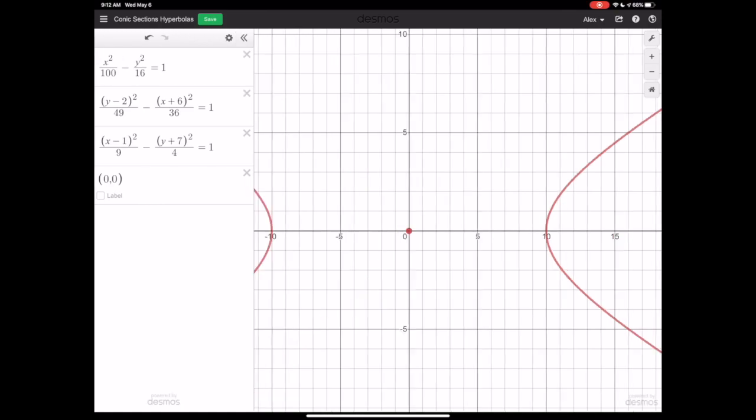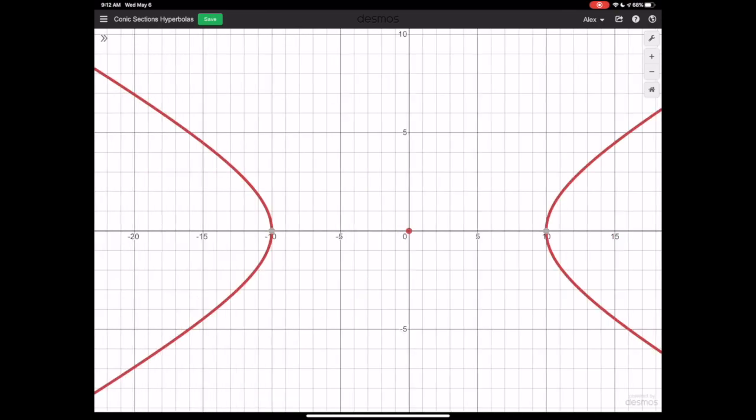And if we look at where these vertices are, where these two parabolas, these two pieces, hit that horizontal line that the center is on, it is 10 steps away from the center, or the square root of 100. And so we can then predict that, just like with ellipses, the square roots of the denominators, specifically to x and y, will correspond to the distance from the center to